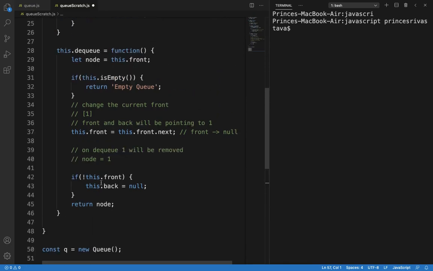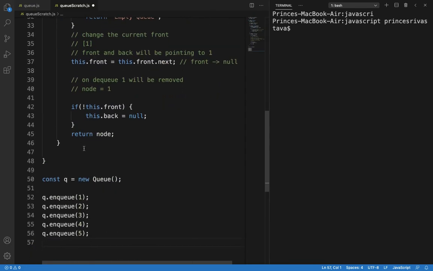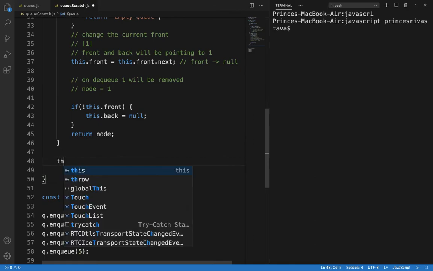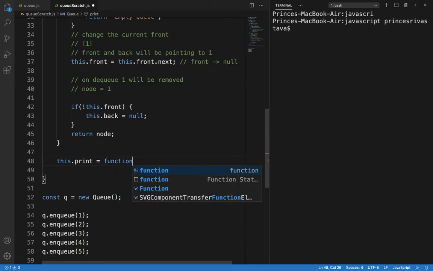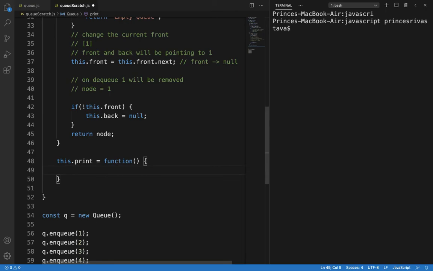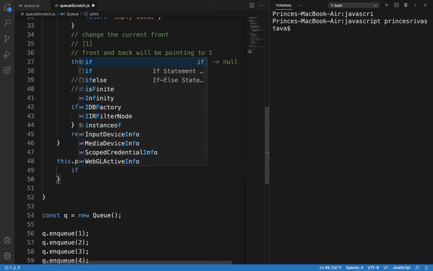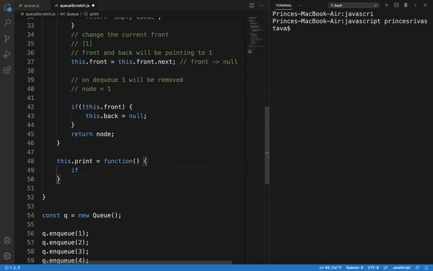So how we will do that? We'll have to create one more method for this. It will be this dot print, a function used to print the elements of the queue. If the queue is empty, then it will say that the queue is empty, we cannot print anything.